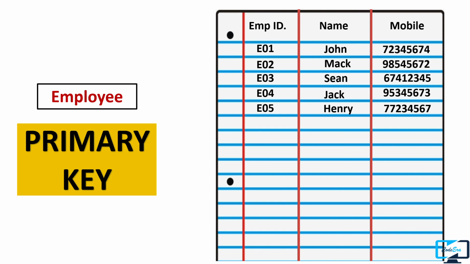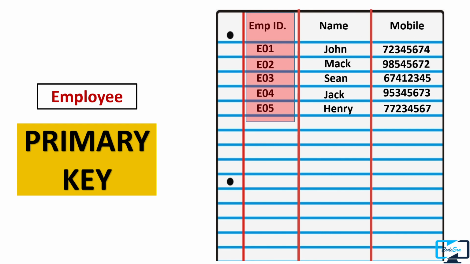So for example, here in the employee table, this employee ID will act as a primary key, because if you know the employee ID, then with the help of that ID, you can access the rest of the details of that employee, like his name and mobile number. So this is the concept of primary key. And later on in this video, we will discuss primary key in detail.